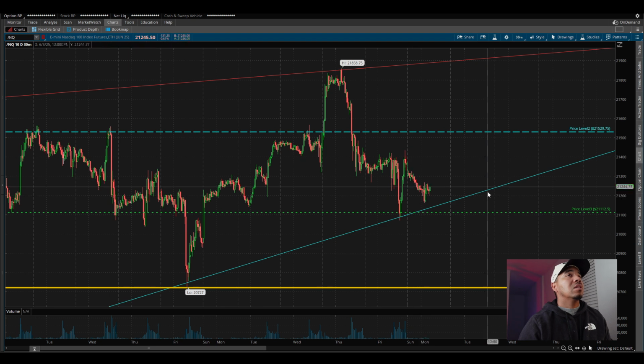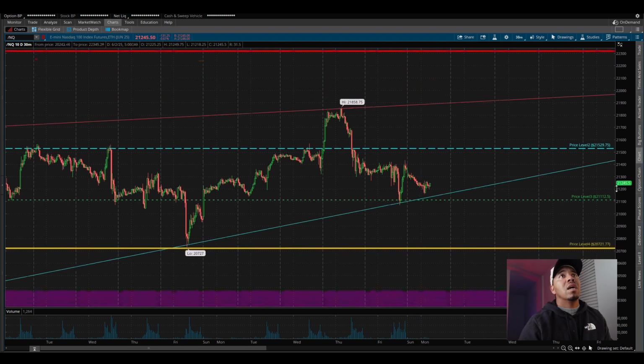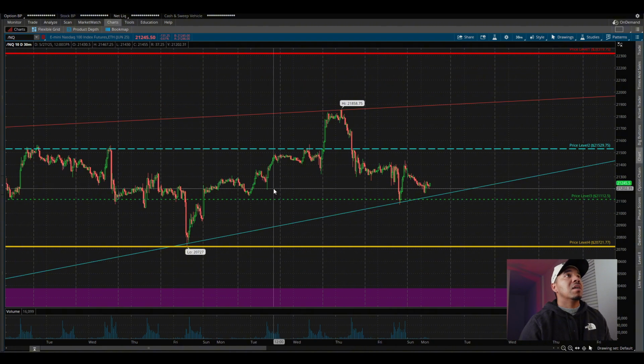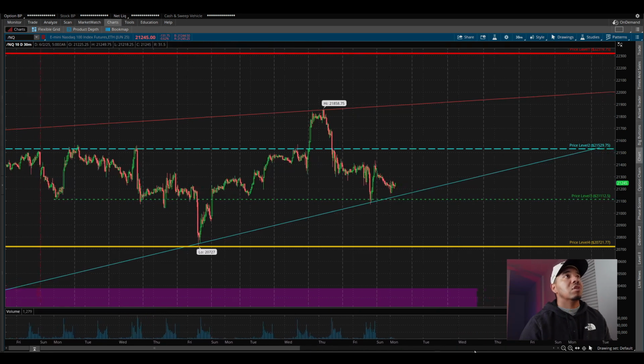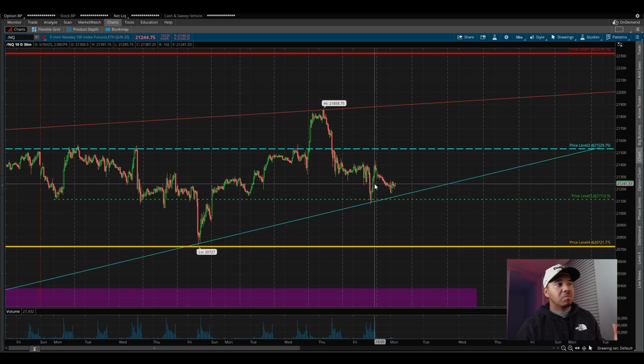I don't like to do a lot of things, but when I am charting, I like to keep my charts pretty clean, nice and simple. I don't like a lot of gibberish on my charts. This right here, I understand what I'm doing. I understand what it is I'm trading. This is just me charting, showing you guys NQ, how I chart NQ. This is basically the prep, the start of the day. The first thing that I chart is the NASDAQ, so I can get an understanding of where the market is moving. And that's exactly how I chart the NASDAQ.